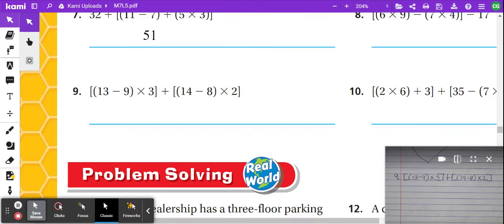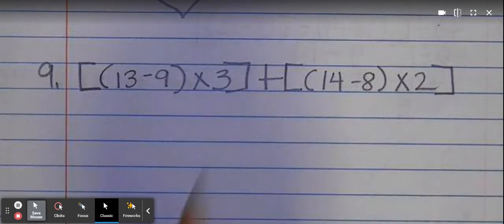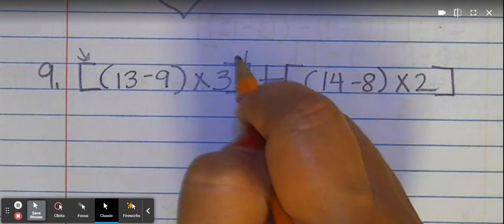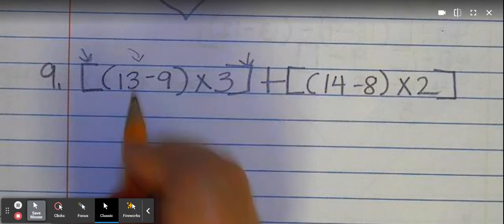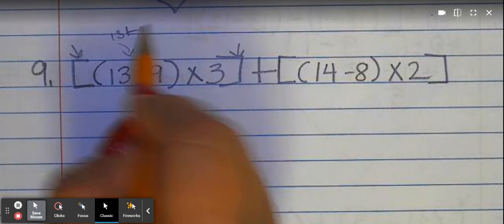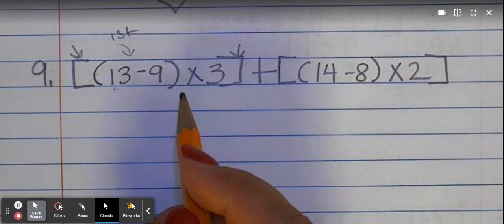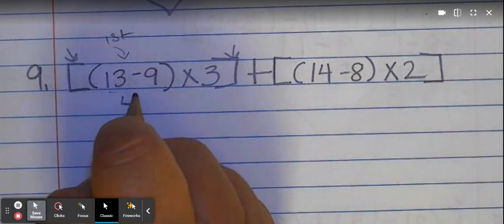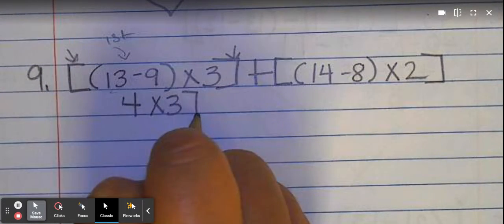You see that in the bottom right-hand corner. Let's go ahead and solve this one. My PEMDAS, got to do everything. Got to find my brackets. There's this one here, and then everything in the parentheses first. So this is going to be the first thing. So 13 minus 9 equals, very good, it's 4. So I'm going to bring down my 4 times 3, that's in my bracket,